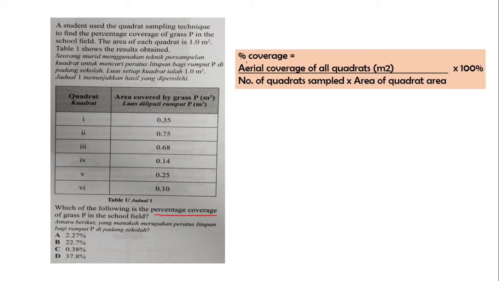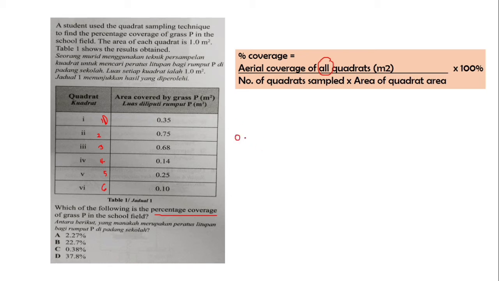So the formula for the percentage coverage is the area covered by all quadrats in meter square divided by the number of quadrat samples times the area of quadrats times 100. So how to calculate? Okay, area covered by all quadrats. Okay, there are 6 quadrats: 1, 2, 3, 4, 5, 6. 6 quadrats. And all of the 6 quadrats have grass pea. Semua quadrats ini ada grass pea. So area covered by all quadrats